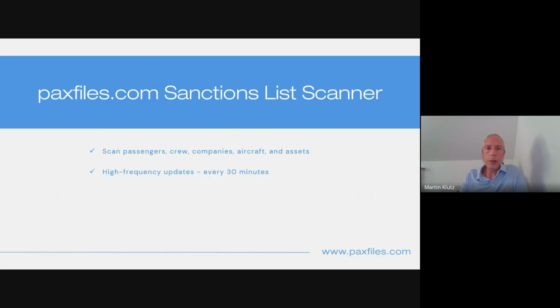We are capable of updating all those different sanction lists each and every 30 minutes. So it is perfectly up to date all the time. We got also flexible matching options and adjustable probability thresholds. So every operator, every company can set up its individual probability threshold. For example, you don't want to see matches that are below a certain percentage, let's say 75% maybe. So we set up this threshold, and everything below is just disregarded, and you will only receive the relevant